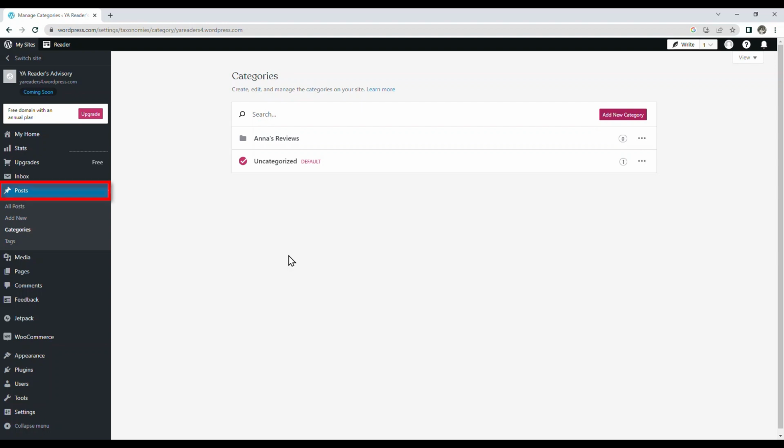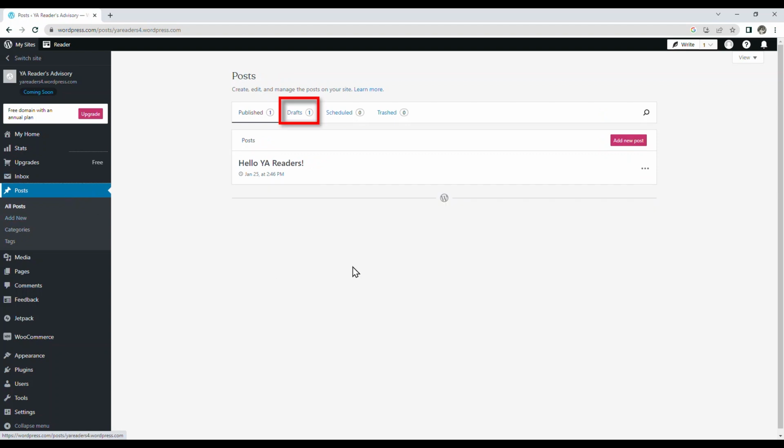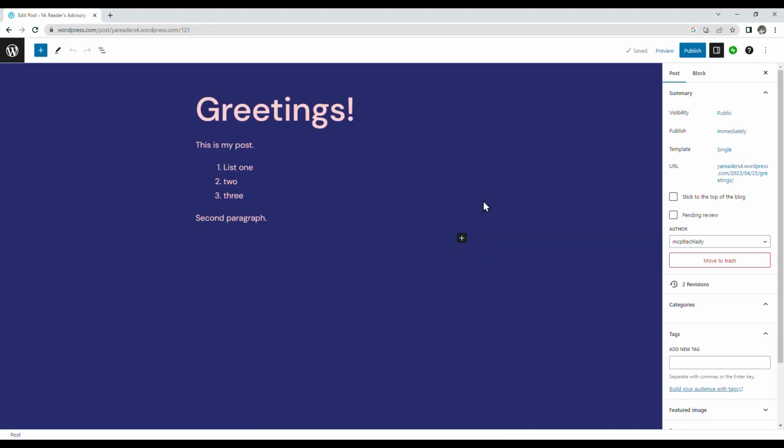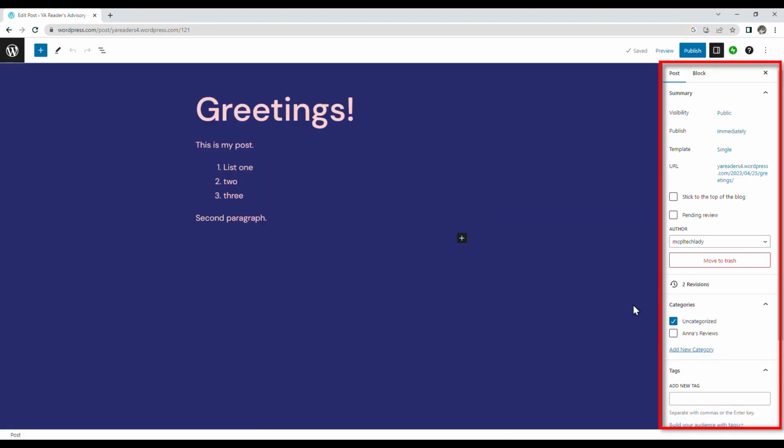Now to add the post to this category, I'm going to go back to the All Posts page, and then I'll choose the post I just started working on. And this time in the More menu, I'm going to click Edit. Back in our post editor, I can actually see these categories are listed as part of that menu on the